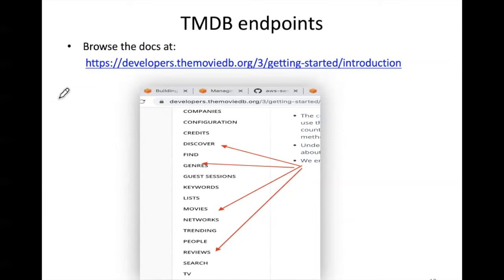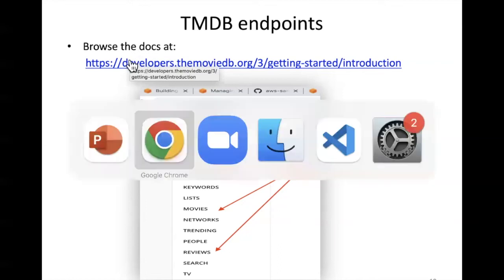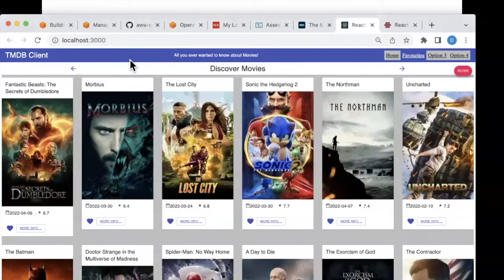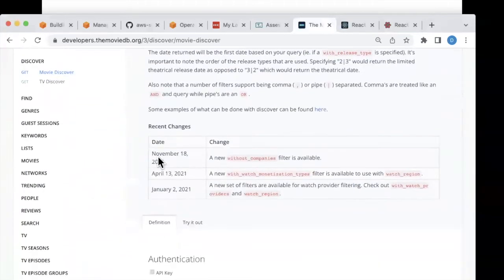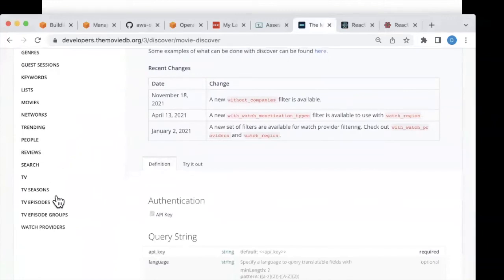I would say you could spend about an hour just flicking through them to see what kind of information it provides to you. So I'm giving you the link here to the docs, and that link will take you to here. And if you scroll down, on the left-hand side is where you can navigate around for all of the different endpoints. So for example,